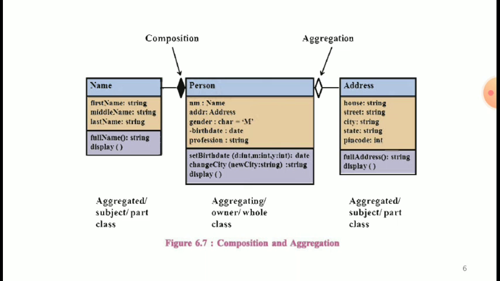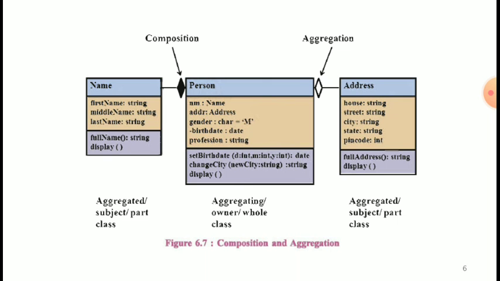Composition is a strong type of aggregation where the lifetime of the part class depends on the existence of the owner class. If an object of the owner class is deleted, its part class object will also be deleted. For example, when an object of class person is deleted, the object of class name is also deleted. Name is associated exclusively with a single person as shown in figure